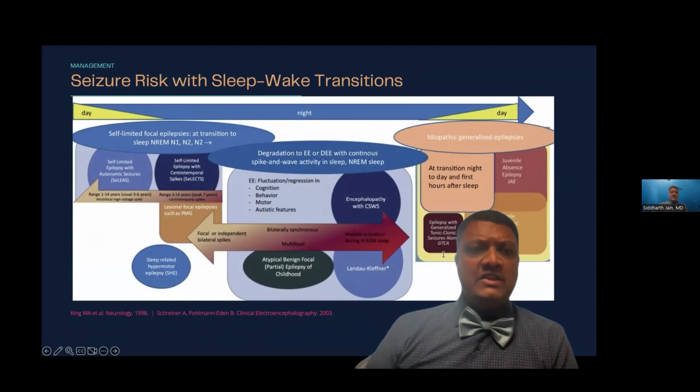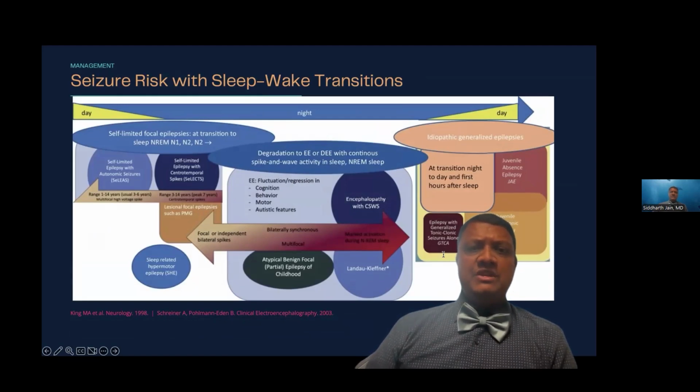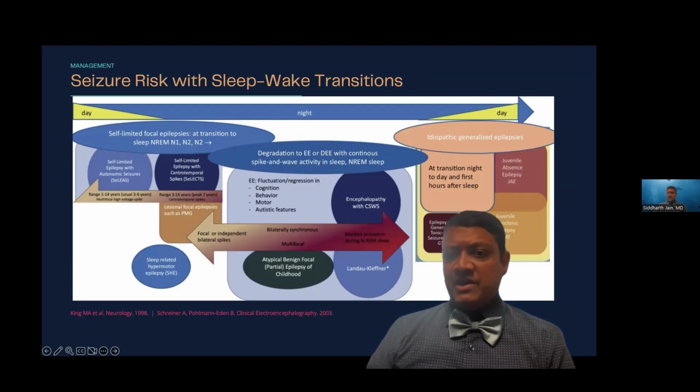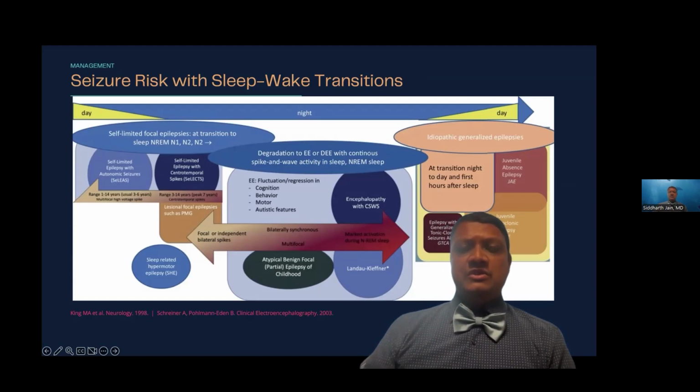And here's a chart showing the different epilepsies and how the transitions between sleep and wakefulness relate to epilepsy and many of the EEG findings. That's why obtaining sleep and capturing the sleep-wake transitions on the EEG is important to understanding and diagnosing both epilepsies and the severity of epilepsies in this case. So it allows for better management and anticipation of any potential seizure, high risk of recurrence, and sometimes if they are,